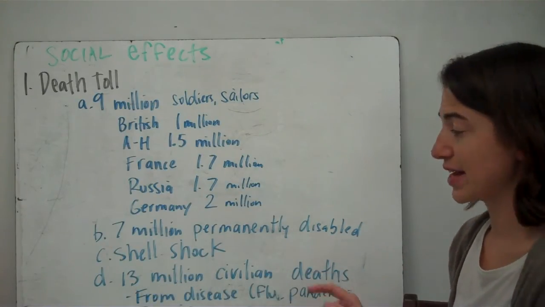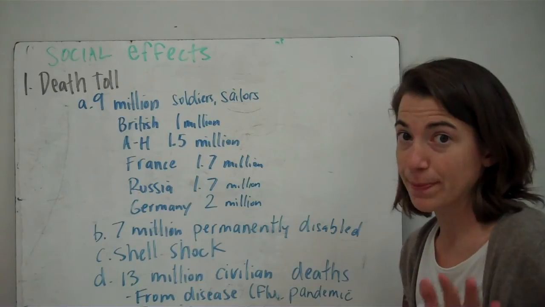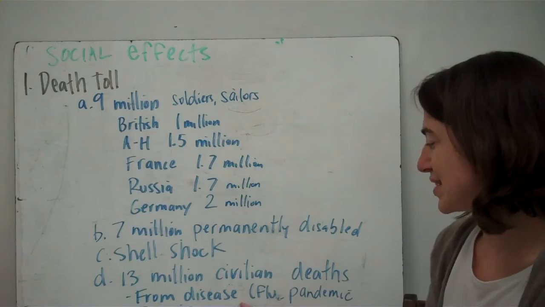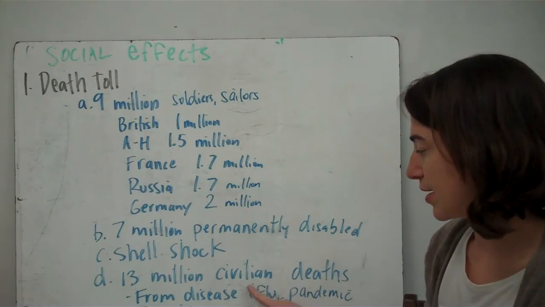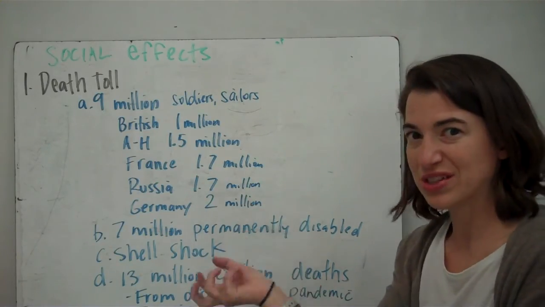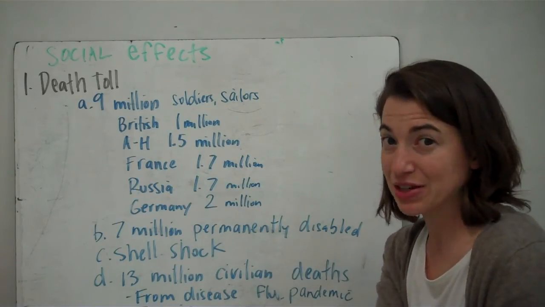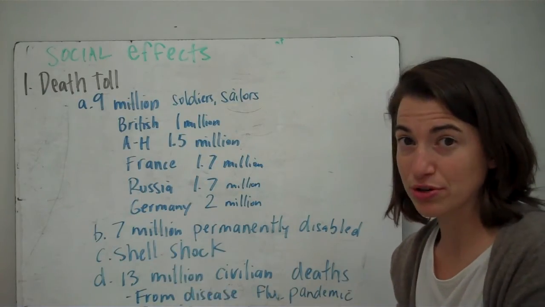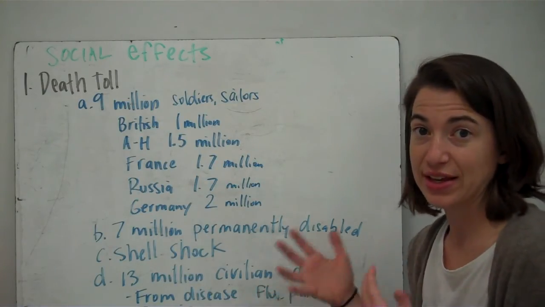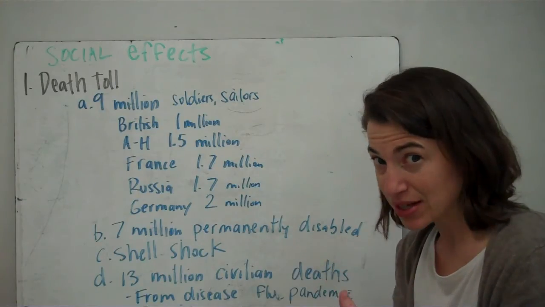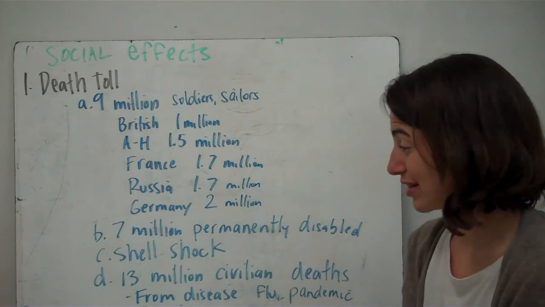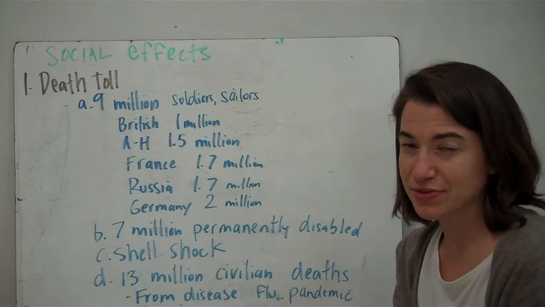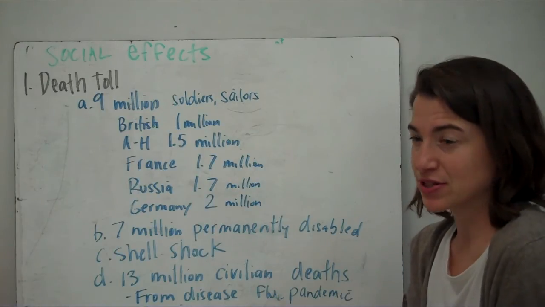13 million civilian deaths. So these are people that are not fighting in the war, but they die because of the war. So they die from 3 main reasons. So the first is from disease. So because of the war, we looked at this when we looked at pandemics, but the soldiers bring back this thing called influenza, the flu. And this pandemic spreads across the world because soldiers were all over the world fighting. They bring this disease back to their homelands, and it spreads like wildfire, killing millions of people. You also got famine. So people are in conflict, food can't get to them, so people are dying of starvation.